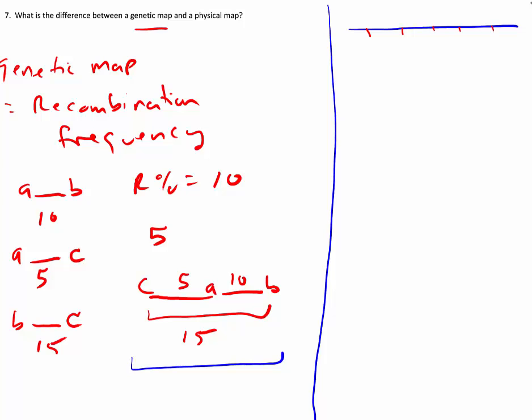So you have something on some actual DNA. And so that's basically the difference, that we can actually map where these genes are relative to specific molecular markers